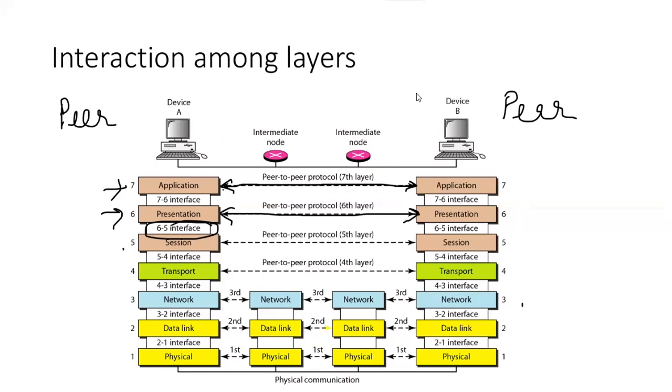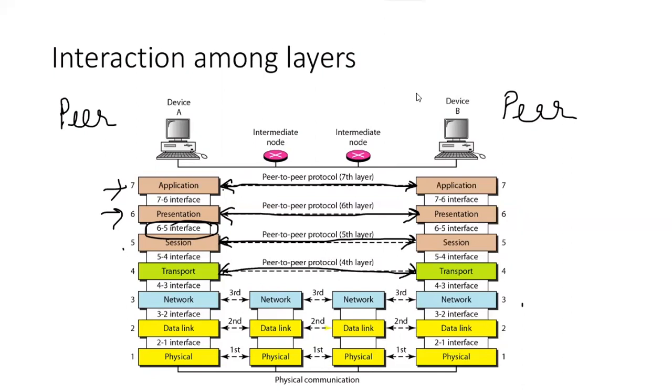Remember the letter example? The letter which is sent by the user, put in an envelope, is collected by the receiver, and then only the receiver can open it. So the letter is sent from the sender and to be opened by the receiver. Whereas in the post office, from the mailbox it goes to the post office, and at the receiver side also, from the post office it goes to the mailbox. So that is the peer-to-peer protocol that is working here. Those are the peers. So for session also the same, and transport also the same.